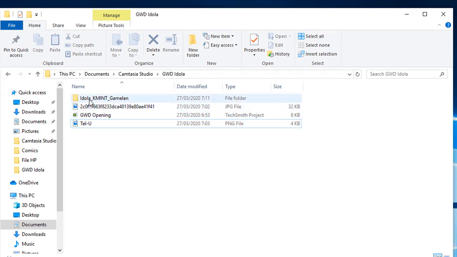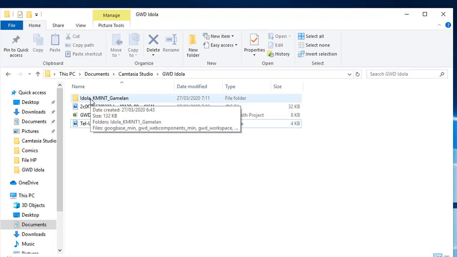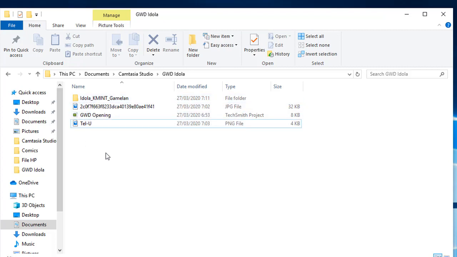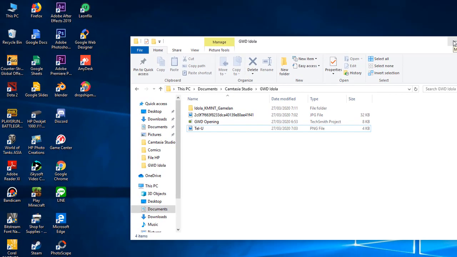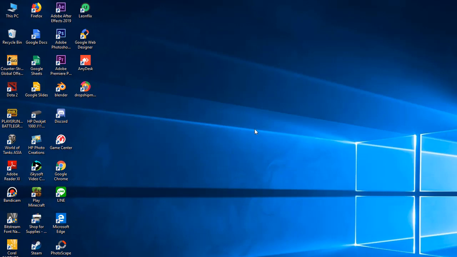So you need to put the video, the photo of the object in the Museum Sri Baduga that you already chose. Additionally, you have to prepare your profile picture and the Telkom University logo. When you are ready with all of this, we can start making our assignment using Google Web Designer.